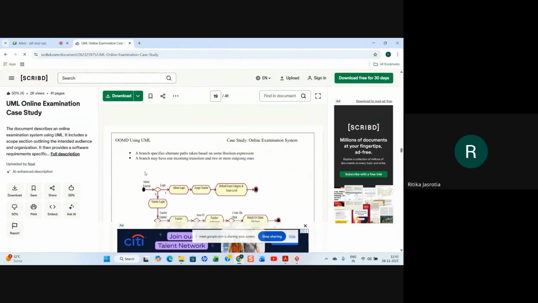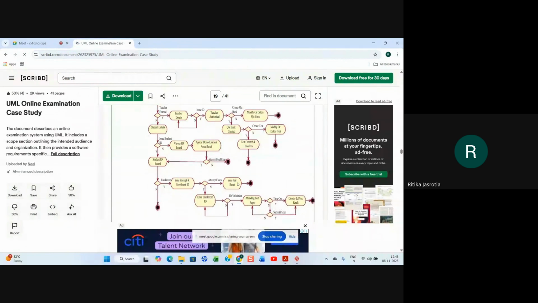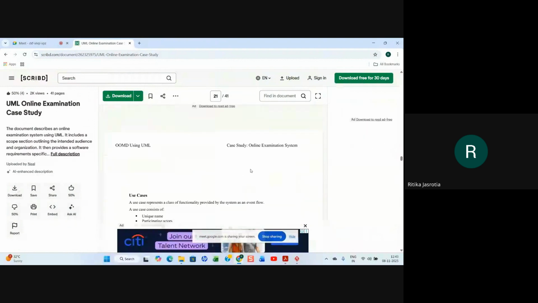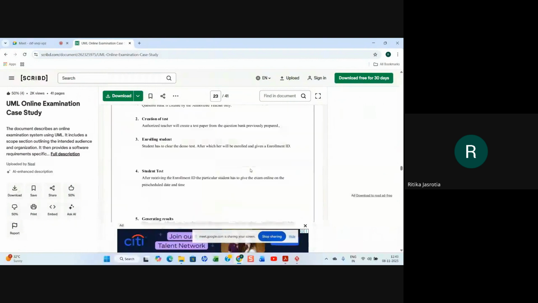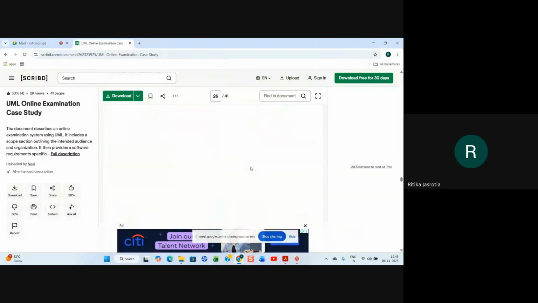This is what diagram they have drawn. This is an activity diagram. Condition is there, no? They are not showing it right now. This is a use case diagram. This is a sequence diagram. Other pages they are not displaying.